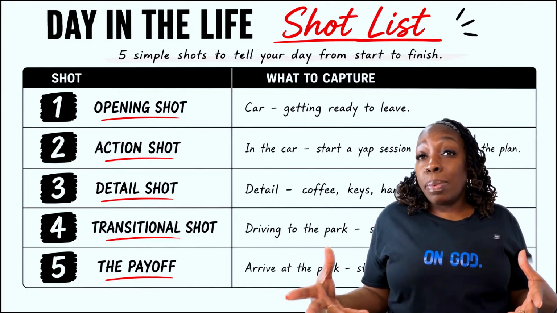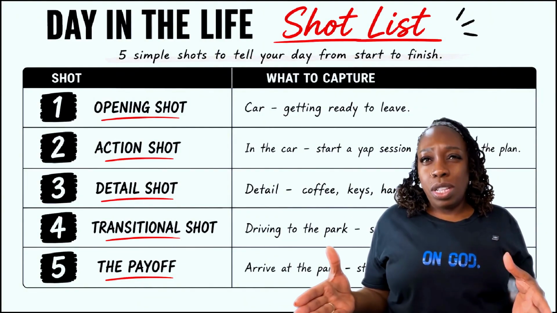But to make things easier for you and less confusing, I suggest you make a 5 simple shot list. Now, whether you're vlogging, whether you're doing a tutorial or whatever it is, if you have a shot list, then when you get into your space, you actually know what you need to capture. So now that I know where I'm about to set the scene and what I'm about to do, I really only need to figure out 5 things, and those 5 things are the 5 shots.